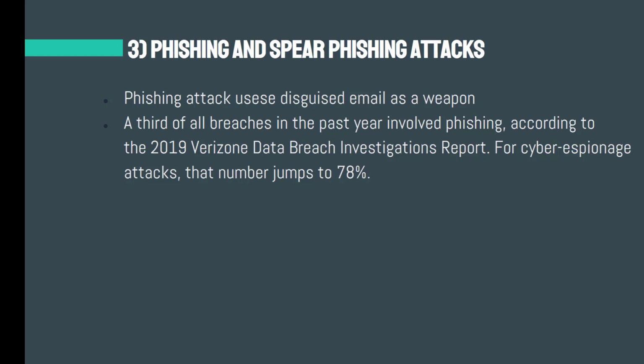As a short description, phishing attack uses disguised email as a weapon. This type of attack is the practice of sending emails that appear to be from trusted sources with the goal of gaining personal information or influencing users to do something. It combines social engineering and technical trickery. It could involve an attachment to an email that loads malware onto your computer. It could also be a link to an illegitimate website that can trick you into downloading malware or handing over your personal information.